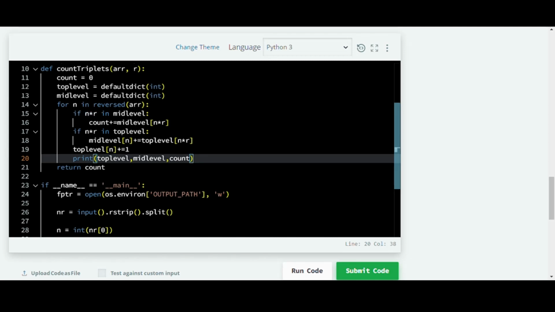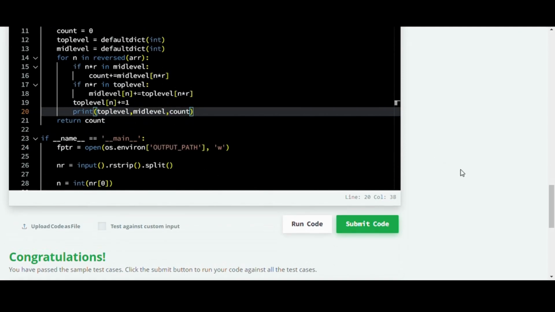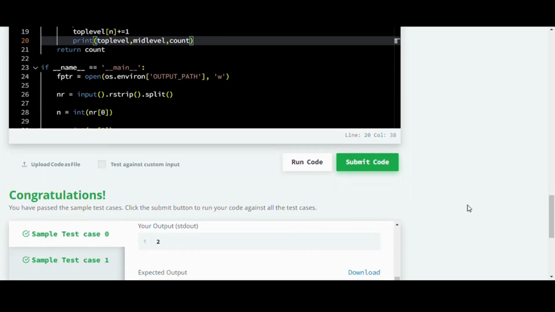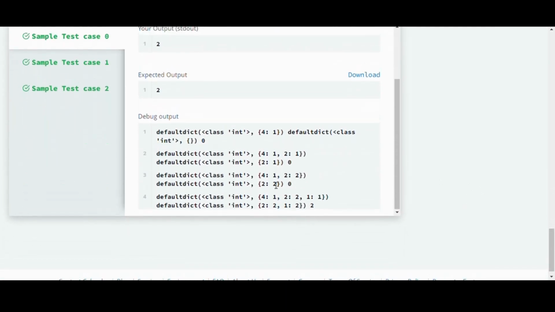But 4 is in top level, which already exists, so we will add to mid-level the key 2, and add the value of top level 4, which was 1. So right now mid-level has 2 mapped to 1, and we'll add 2 to the top level as well. So now top level would be one count of 4 and one count of 2, and the mid level would have one count of 2.